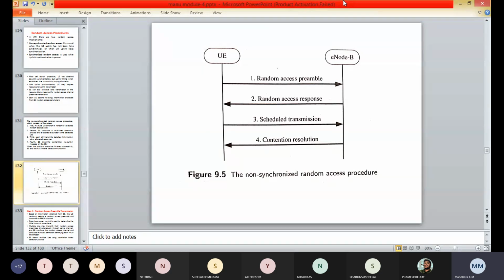To resolve the contention for access, the user equipment that detects a random access preamble will transmit a message containing a terminal identity. If the user equipment is connected to a cell, the cell radio network temporary identifier, that is C-RNTI, which is a unique user equipment ID at the cell level, will be used. Otherwise, a core network identifier is used. In this step, the HARQ protocol is supported to improve the transmission reliability.